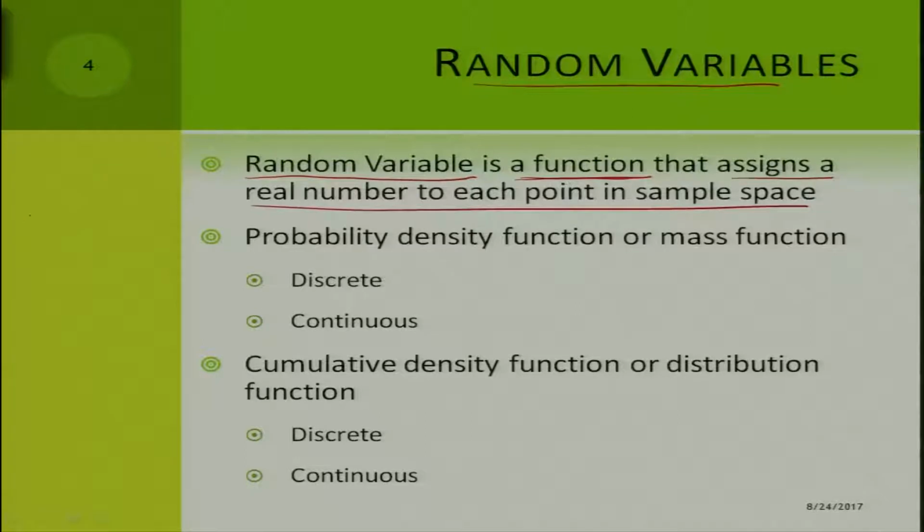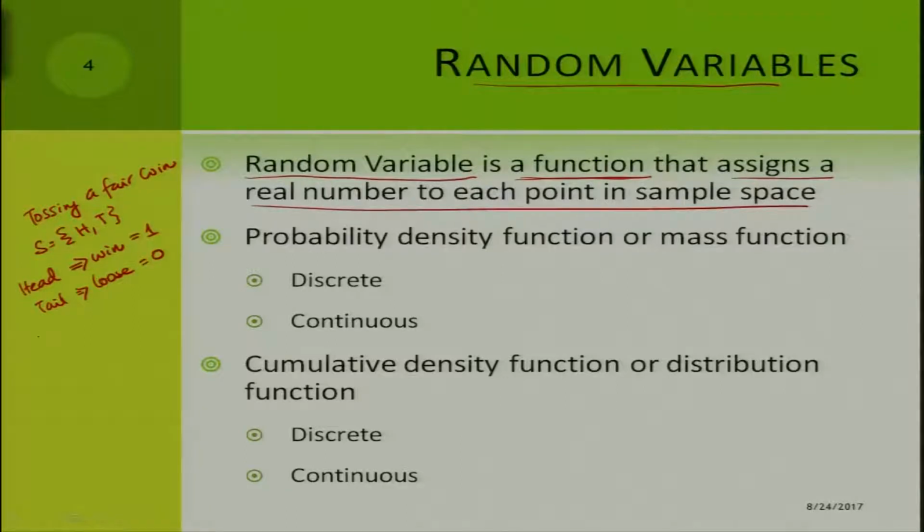So, if you are talking about the problem of tossing a fair coin, the sample space is equal to head or tail. Now, what does the random variable do? The random variable assigns a real number to each point in the sample space. So, if I say that I get a head, we say it is a win, which is equal to 1, and tail is a loss, and that is equal to 0. Then the random variable